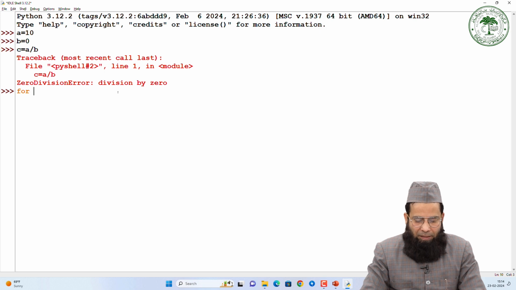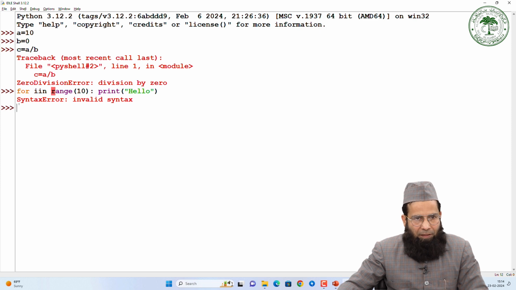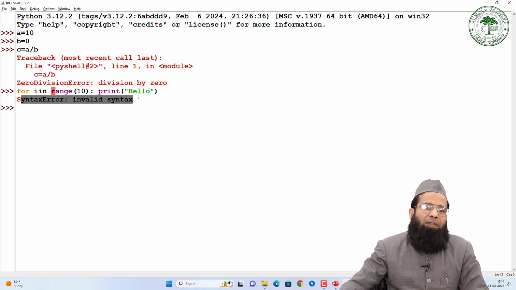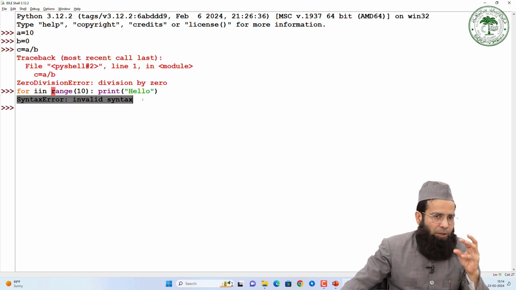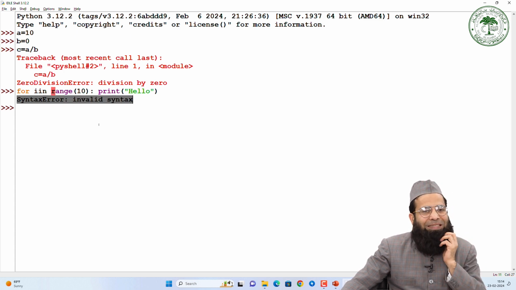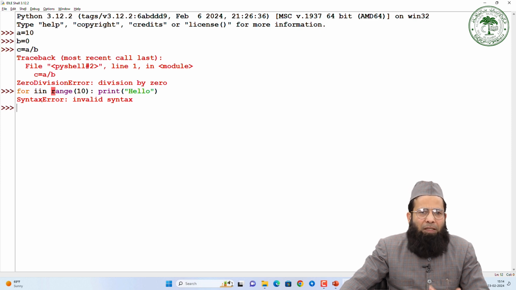So I'm writing for i in range 10 and, let's say, print hello. If I'm writing this particular program, it is giving me a syntax error. This syntax error says the program is not following the syntax of a particular language. So at that moment, a syntax error would be generated, right? And there could be other reasons as well, where you would face